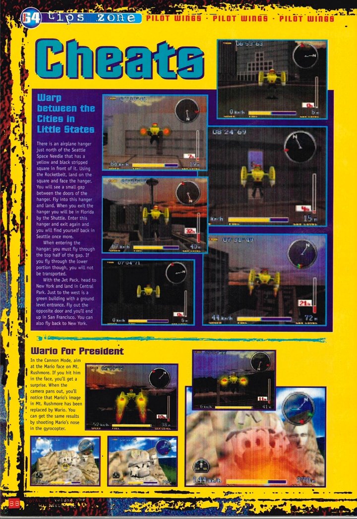This page moves on to some rather cheeky cheats for Pilotwings 64. You know, for when the standard challenges just aren't enough. First up, a rather nifty warp between the cities. Apparently you can zip between Seattle, Florida, New York and San Francisco. Grab the rocket belt and land near the